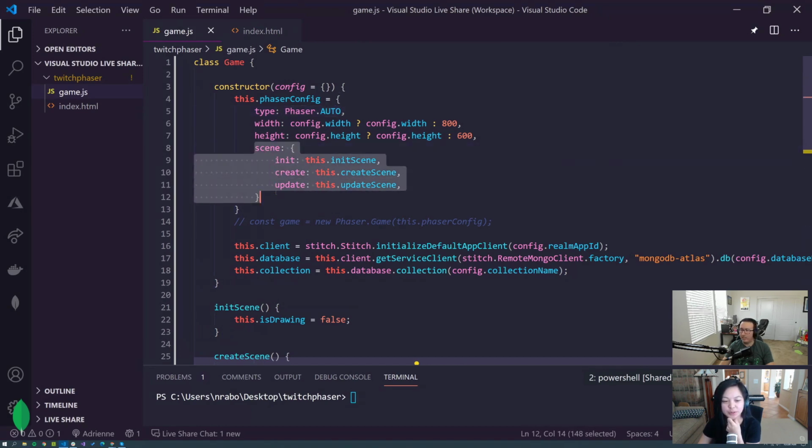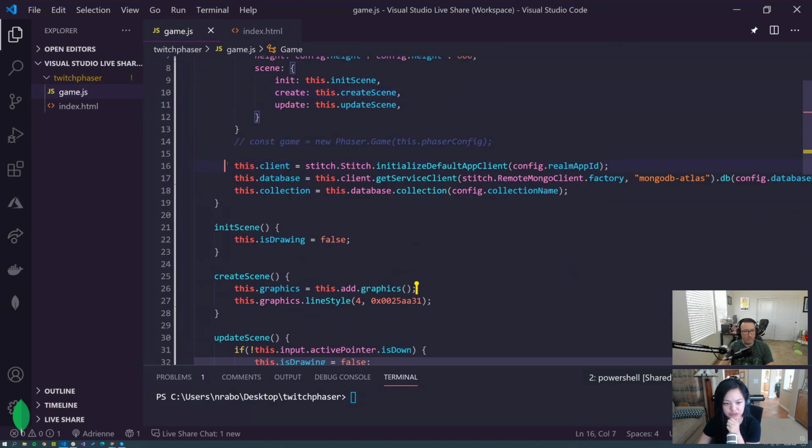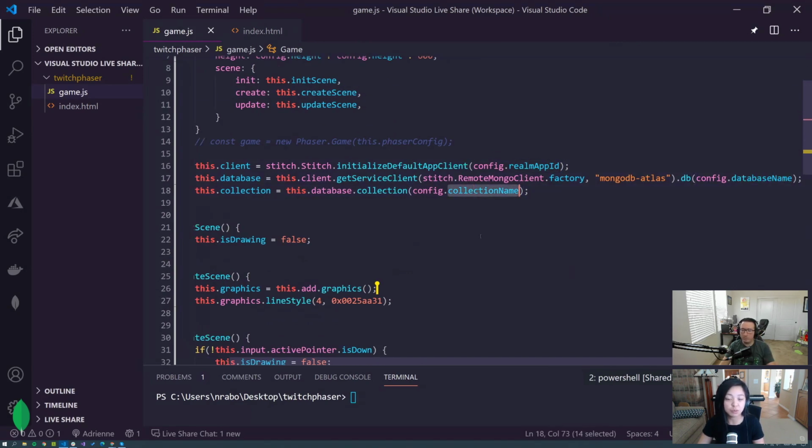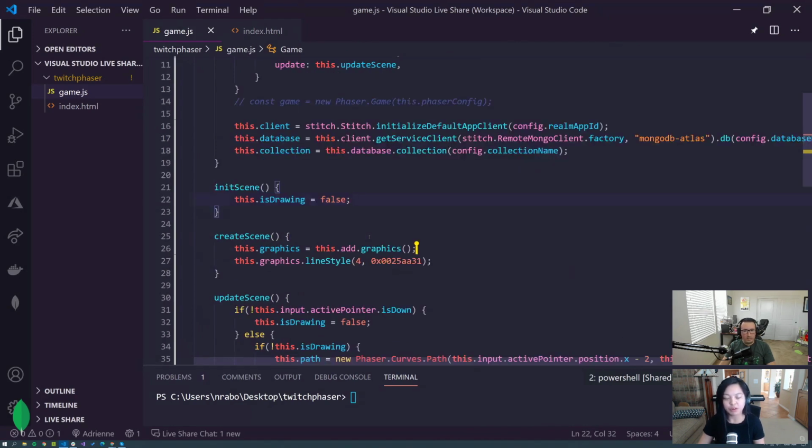And then we're also setting up our scenes. So far, we are only using these 3 scenes, or at least have written something for them. There are a couple other ones that I think we're not using, like pre-init and some other steps in the life cycle that we haven't written anything for yet, but we'll fill those in as we need. After we initialize the scenes that we're using, we're also initializing, again, realm. So this is where we would get that realm ID, the database name, and the collection name that we'll be using from MongoDB Atlas. And so far we have the bulk of it almost there.